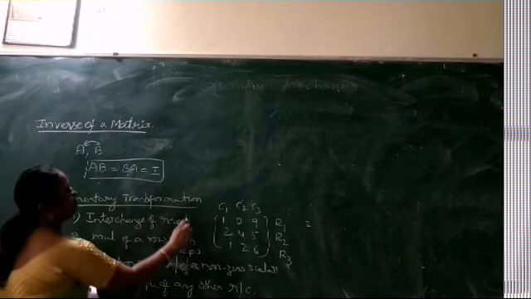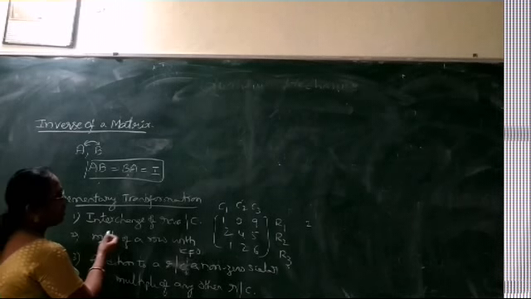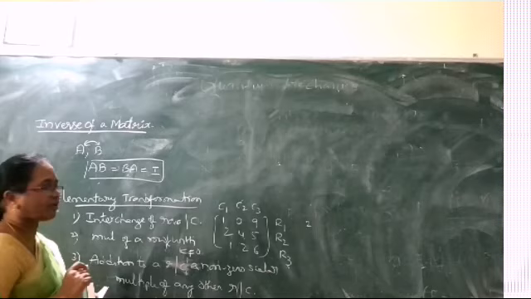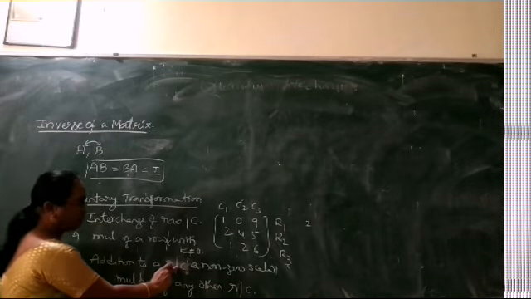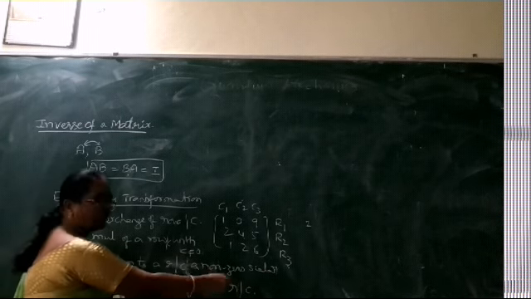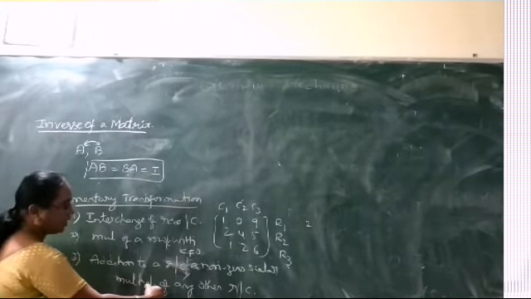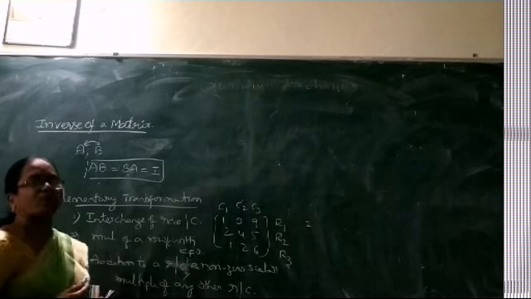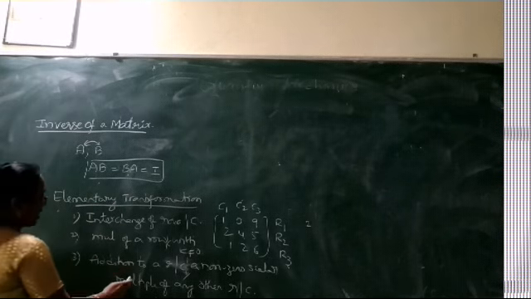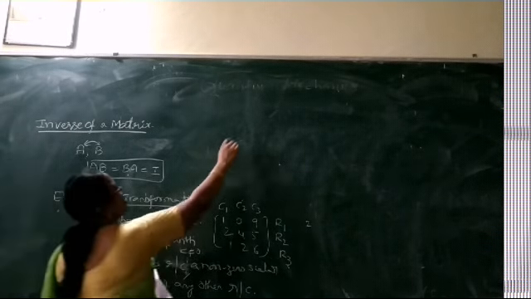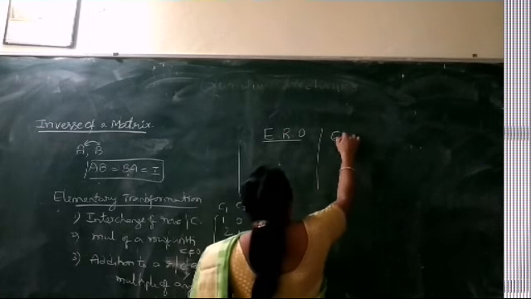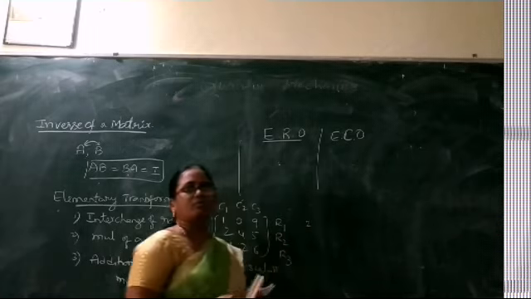Right? So interchange of row or column is the first one. Multiplication of a row or column with a constant k not equal to 0 is the second transformation. And addition to each element of a row or column, a non-zero scalar multiple of any other row or column. So these are the three elementary transformations or the elementary operations. When the operations are taken over the rows, these are called elementary row operations. If they are applied on the columns, they are called elementary column operations.